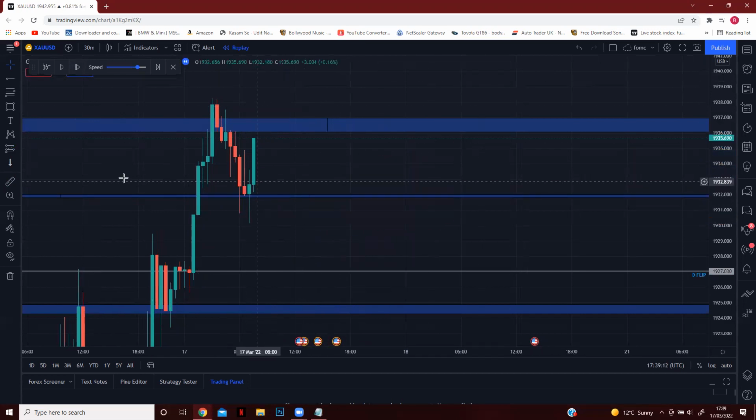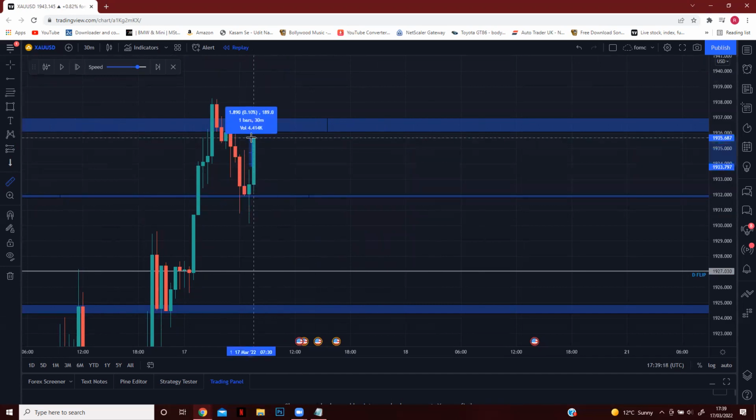And there you have it. We got a nice breakout trade or retest trade. So we broke above this candle. We went up 18 pips. So if anyone entered a position here